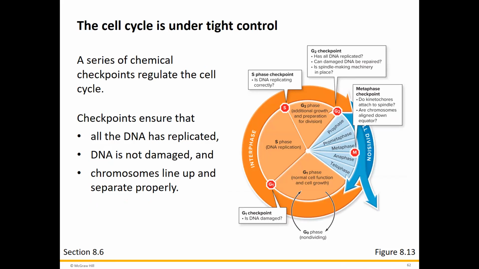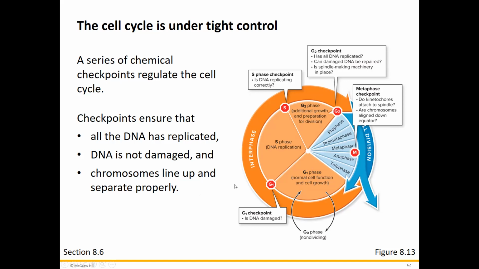Everything we've talked about in the human body and a living organism is under very close, tight control. And the cell cycle is no different. So a cell doesn't just casually move through the cell cycle. There's actually a series of chemical checkpoints that regulate the movement of the cell going from phase to phase. So why would we need these checkpoints? So they're listed here. We want to make sure all the DNA is replicated. We want to make sure it's not damaged and that the chromosomes line up on the equator properly to be